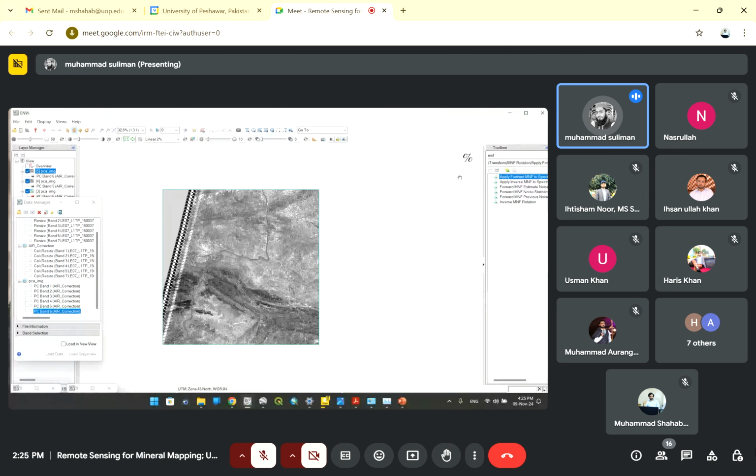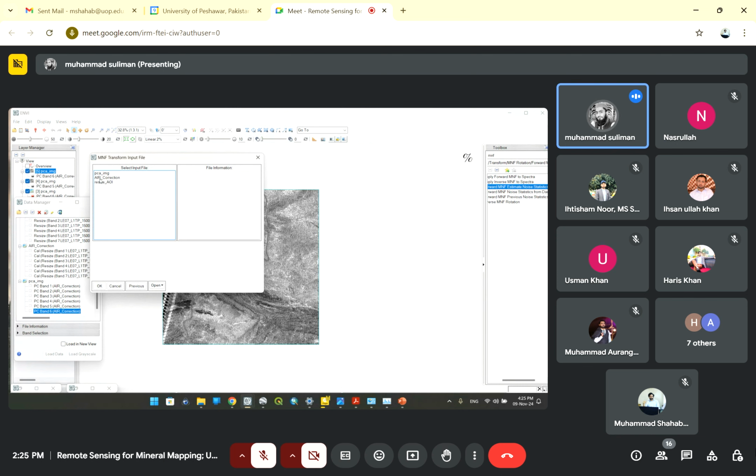Minimum noise fraction is actually also a lithological module for delineation of the lithological measurements of the study area by decreasing the noise from first band to last band. So we can also interpret, estimate noise,